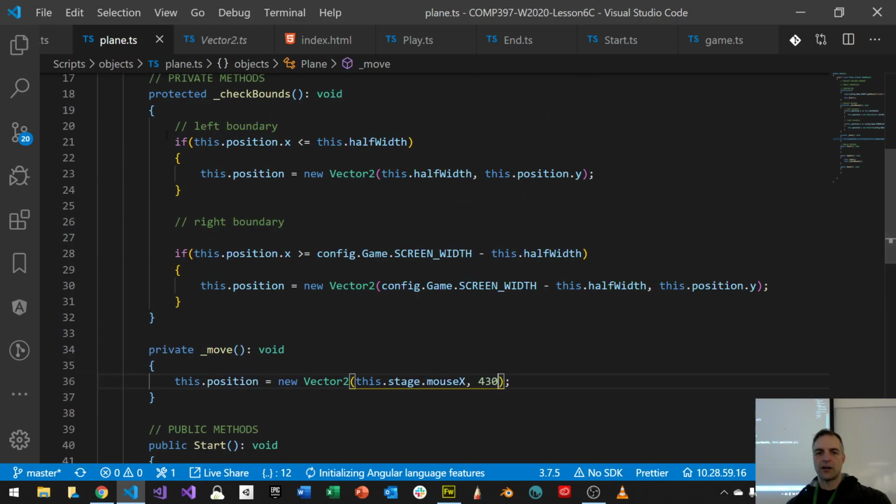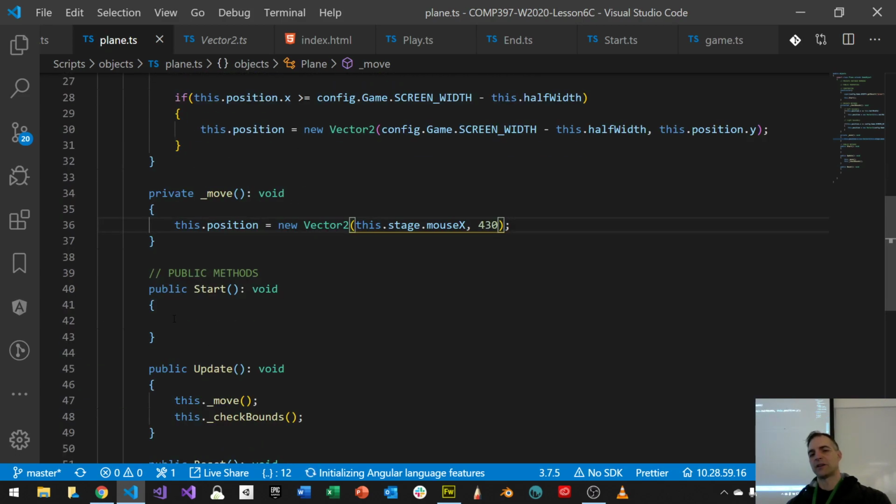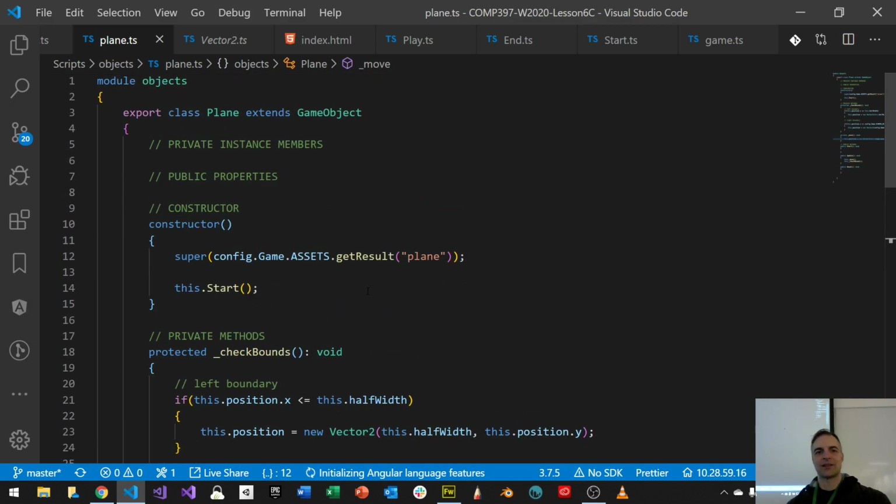Cool. So I did all this. By the way, if you really want to be a stickler, see this number right here? I could make it so that there's a position that I put in my start, like I could have a property. No, it's just in the bottom. What I mean is it's just going to lock it on the bottom part of my screen, so I don't move anywhere I want. The mouse